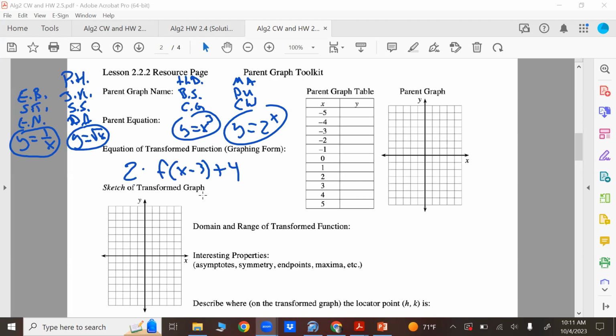Yeah. So do tables. Do that first. So guys, start with the parent function. Don't do the transformation yet. You get the parent function straight first. Okay. So you guys have 2 to the x, right? So if you want to just do that table,